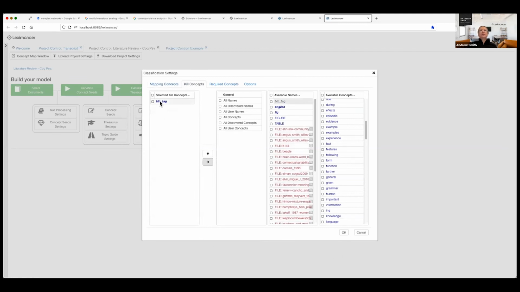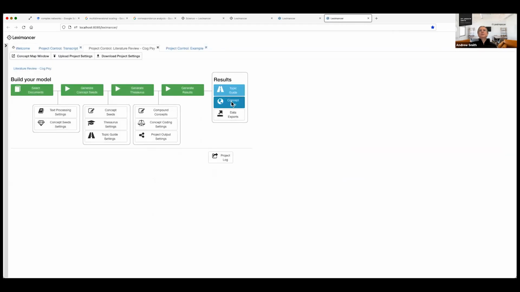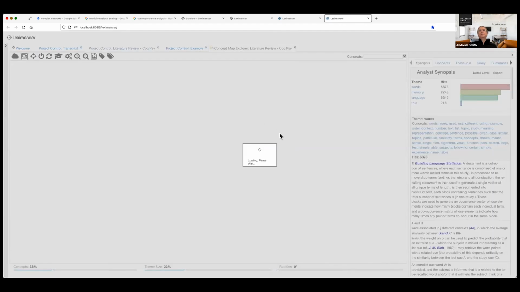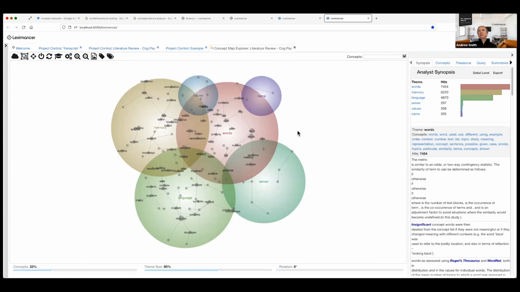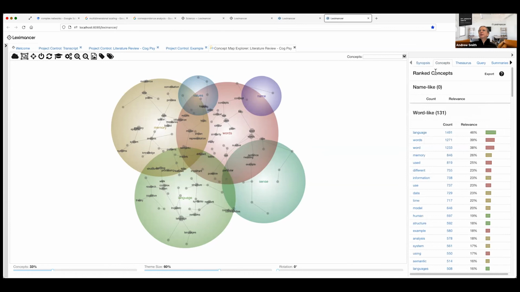Anyway, so that's using the bib tag trick. So in this model, it's got much less bibliographic content basically contaminating it. And so what we can see is if I go down the rank concept list on the right, I can see the frequency ranking of concepts.